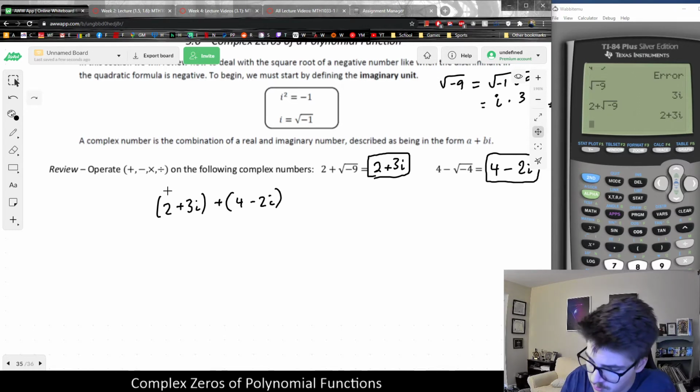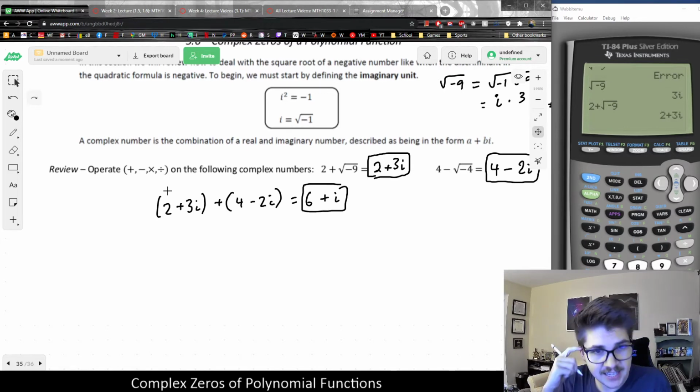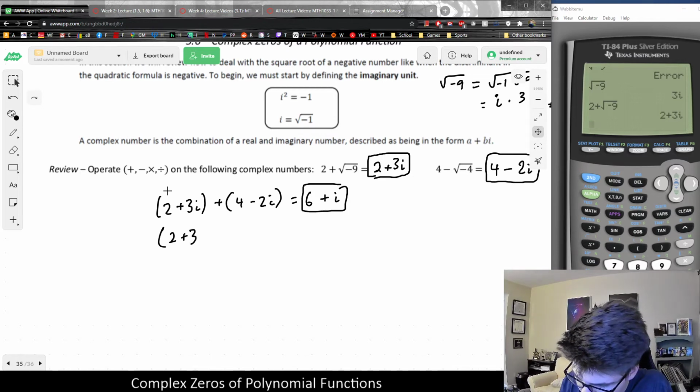Well, the numbers will just combine. 2 plus 4 is 6, and 3i plus -2i would just be plus 1i. Basically, I can add like terms together. And if I were to subtract complex numbers, one from the other, I would need to make sure to use